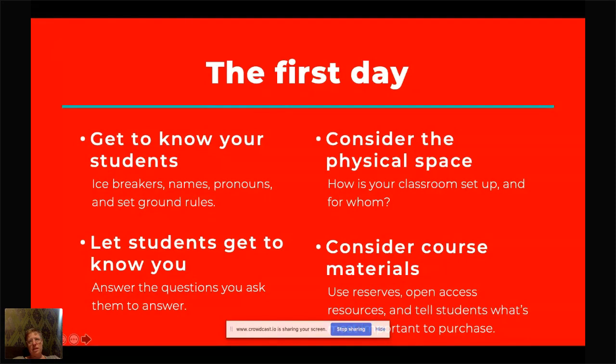One of the things that happens at a lot of places is you get your student list from the registrar's office or from whatever software your campus uses, and that information is sometimes not accurate in terms of who's in your class. What I mean by this is the last thing I want to do in my class is call someone by a name that they do not use. At the school where I teach, for example, it's fairly easy to change your name in the system, but not all students know how to do that, especially first-year students, or have had the time to do it, or are ready to do it.